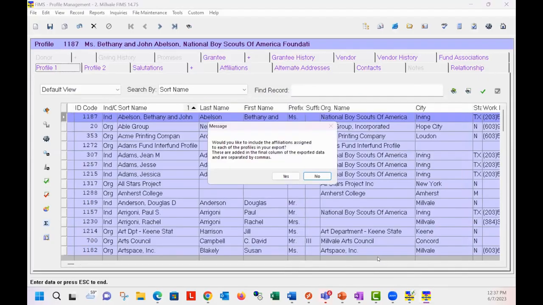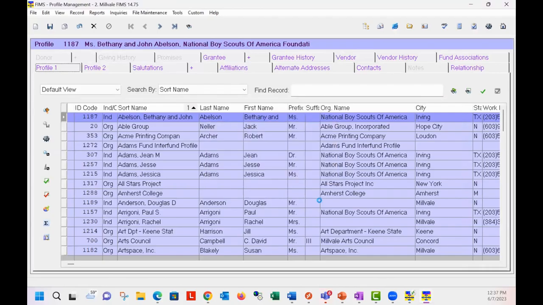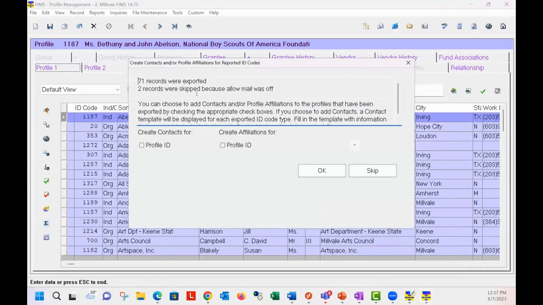When I click on Run Report, that's going to come up and tell me how many records have been exported. So I've got 71 records that were exported. 2 were skipped because that allow mail flag was turned off. And the cool thing is you can also mass create contact records or affiliations for those 71 records that